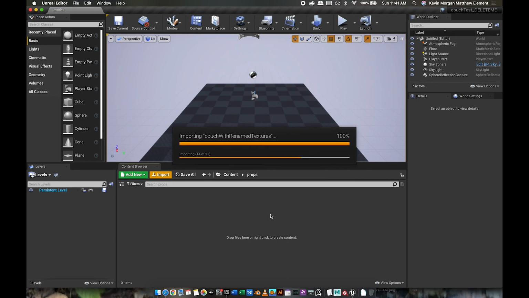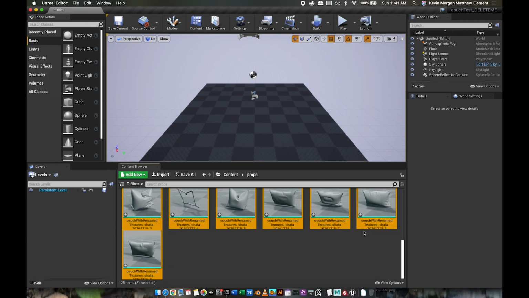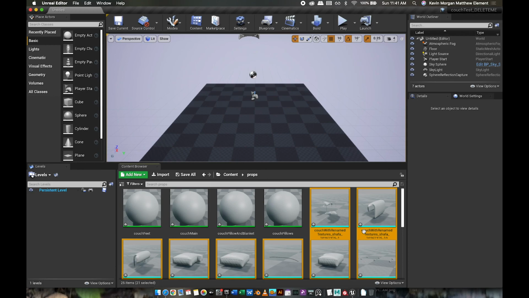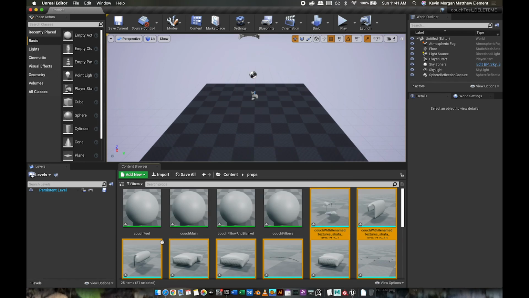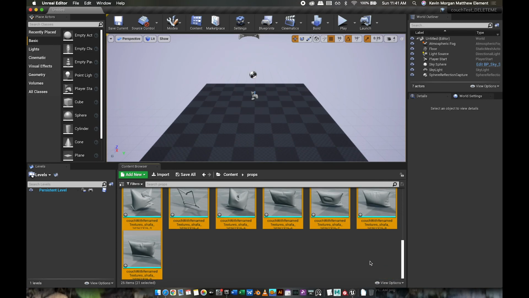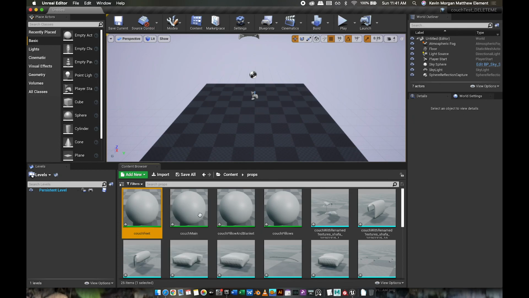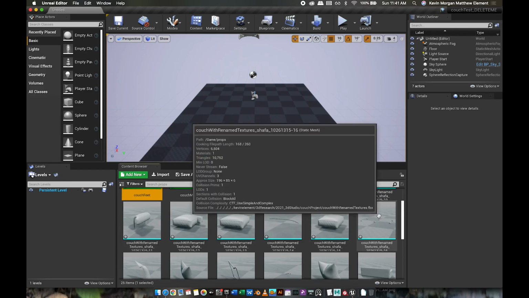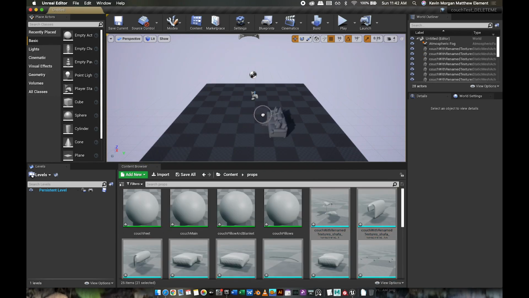Takes a while. This is a big piece of geometry, and there is a bunch of sub-objects in it. So one thing that I might want to do is combine all of this in a tool like Blender or Maya. But it's nice because here are my shaders, and they're already applied. So if I were to grab all of these things like so and just drag them onto my project,